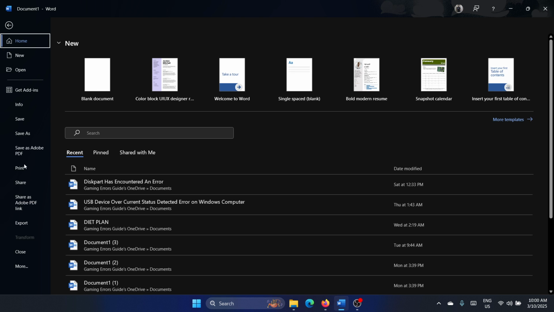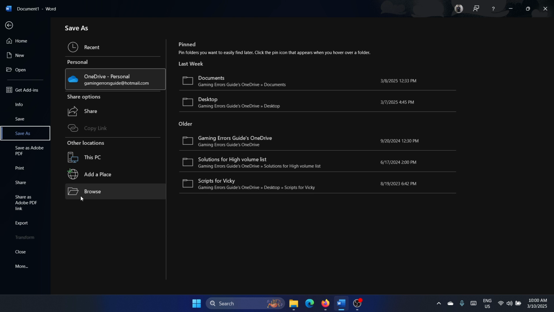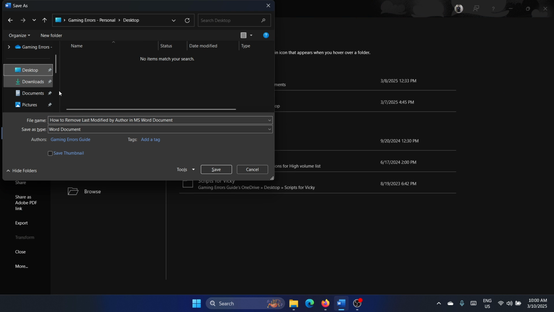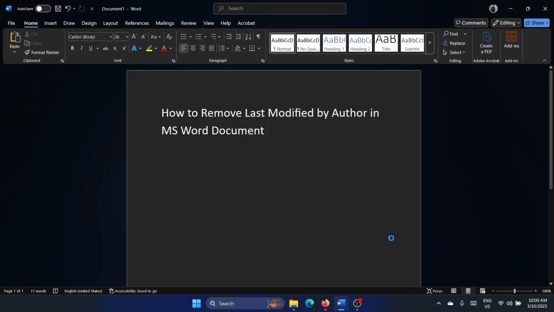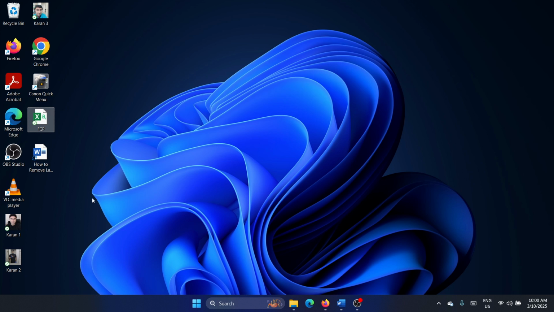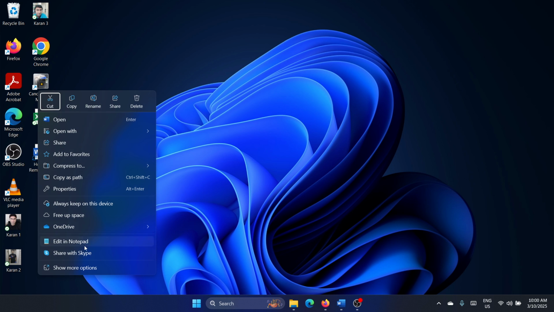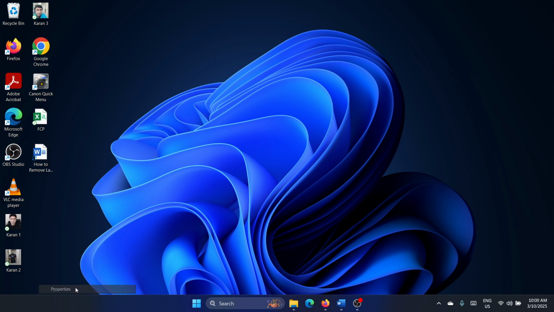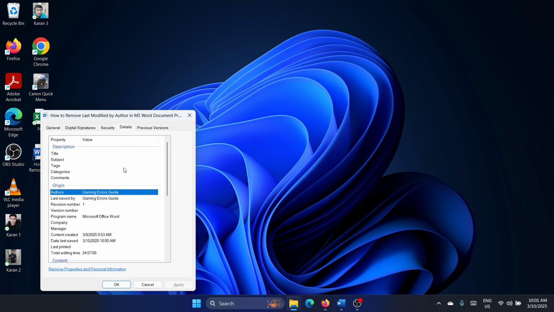So you will save this file: save, browse, and then I will save it at any location of my choice. Once it is saved, I'll go to the saved file and right click on it. Then I'll select show more options, then properties, and then I'll go to details and